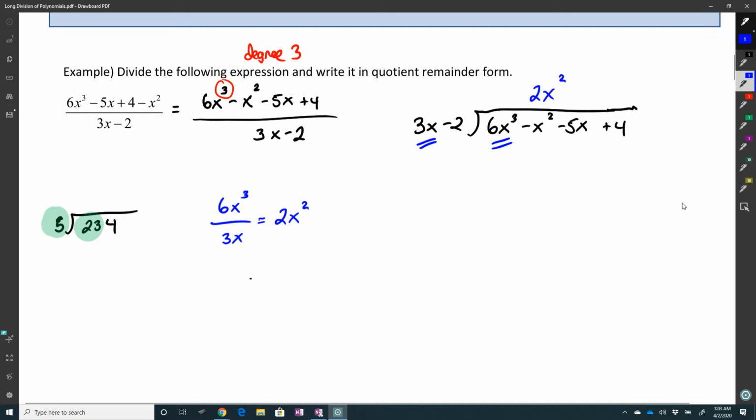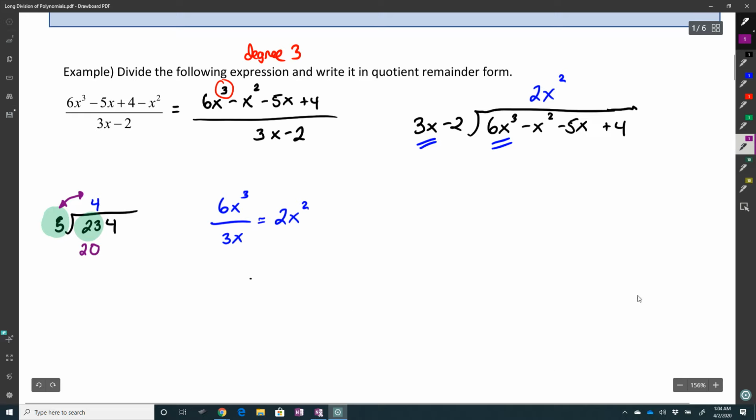Now in my 234 divided by 5, 5 fits into 23 4 times, and that would be a 4. So we're kind of on that same step. You write the number on top, whereas we did 23 over 5, I did the leading term divided by the leading term. So 23 divided by 5 is the same idea as 6x cubed over 3x. And then, after that, if you're doing long division, you multiply those two numbers. 5 times 4 is 20, and you write the number underneath.